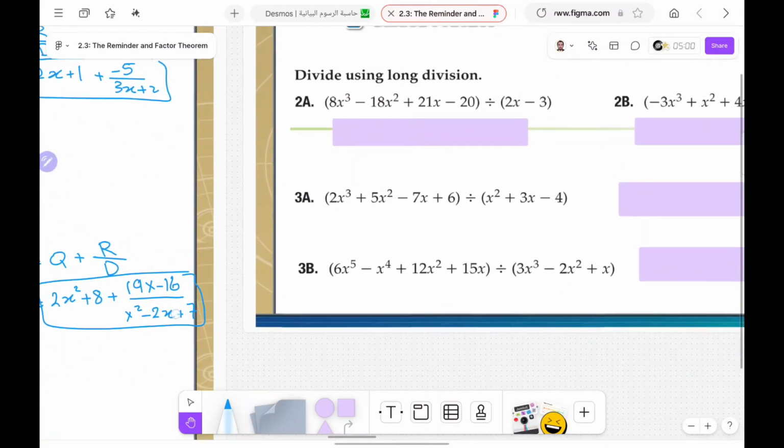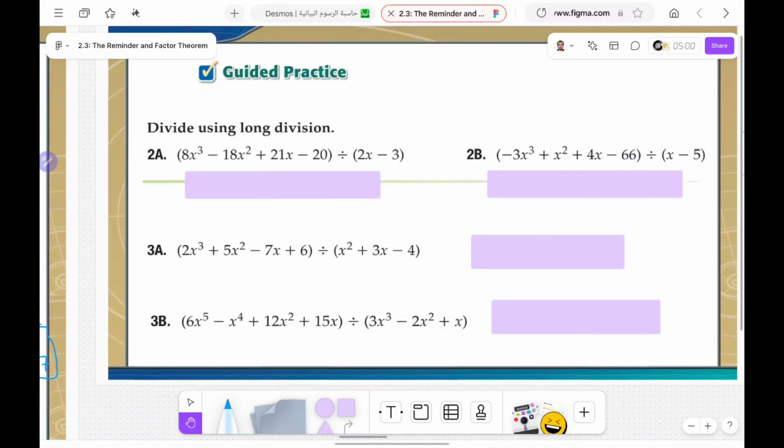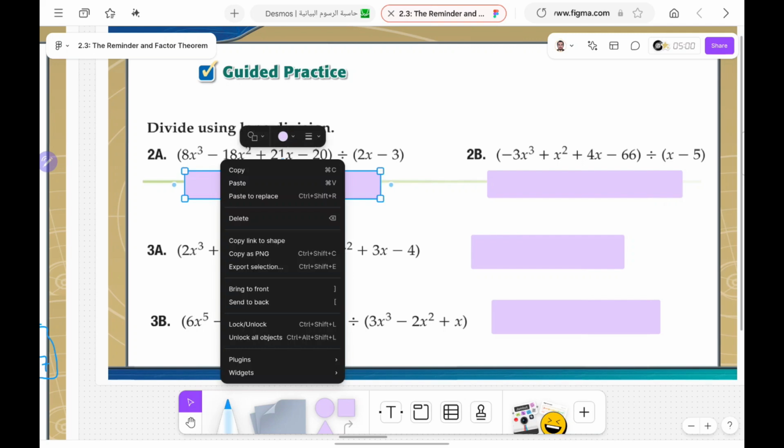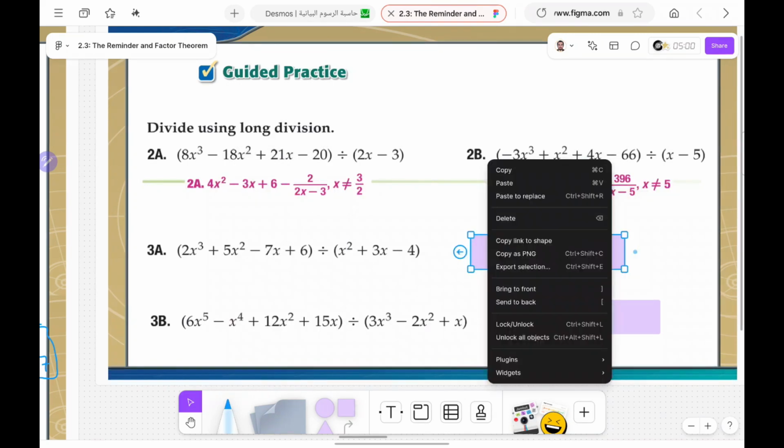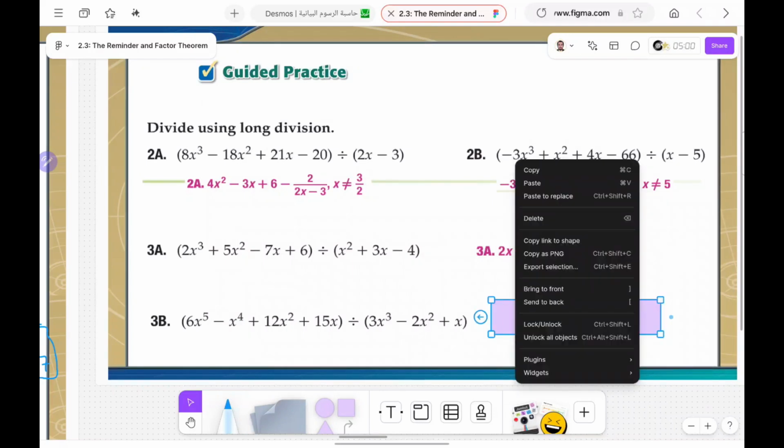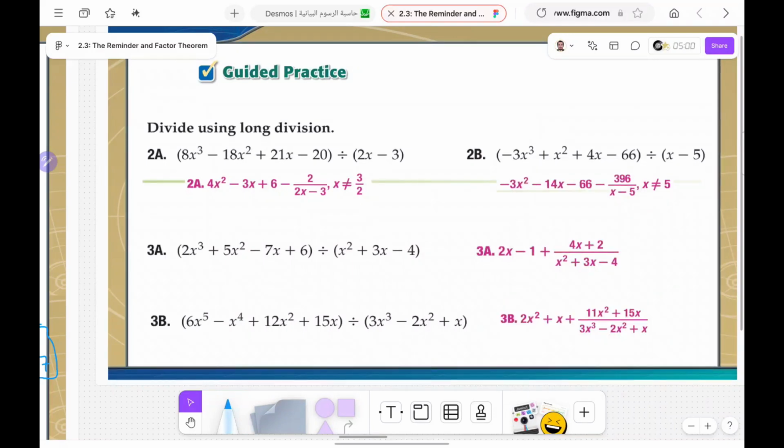Okay, I hope you understand this. I believe that you understand. Now try to solve this question. If you need any help, please text me. Let me just show you the answer for these questions, so while you're solving, you know what the answer is for everyone. Please pause the video before I show you the answer to try to solve it by yourself, then check your answer. Okay, now let's